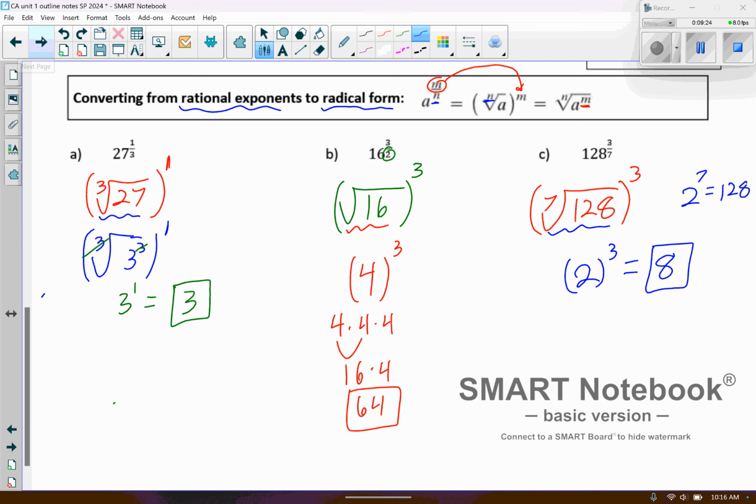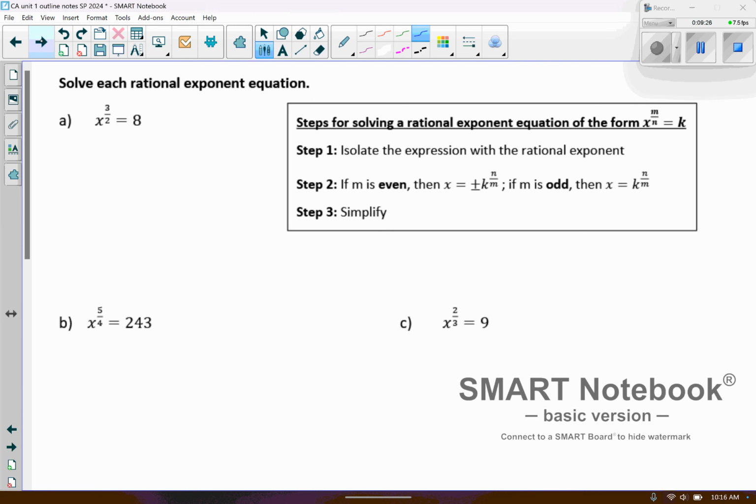All right. So what we're going to do now is we're actually going to look at these in terms of equations. And so solve each rational exponent equation. So steps for solving a rational exponent equation in the form x to the power of m over n equals k. So first thing you want to do is isolate the expression with the rational exponent. Well, these first 3 examples, that's the case. They're all isolated. There's not anything being added or subtracted or multiplied to my base. So then